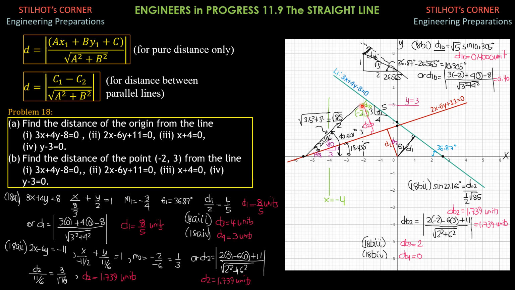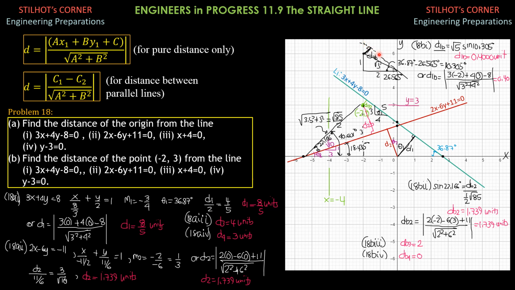The distance of negative 2 comma 3, which is this. So this is the distance, which is very small, and let me enlarge it. Let us say this is the y-intercept, which is 2 units. So therefore, that's 2. Then, if this is 2 units from here, then that's 1. Therefore, the hypotenuse is square root of 5.